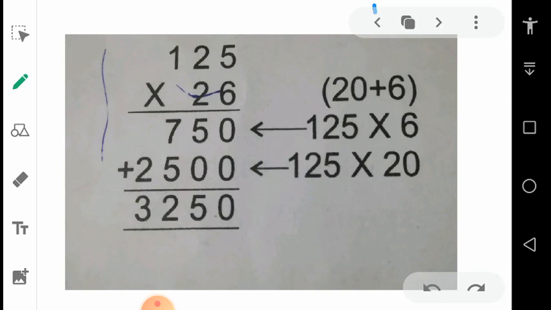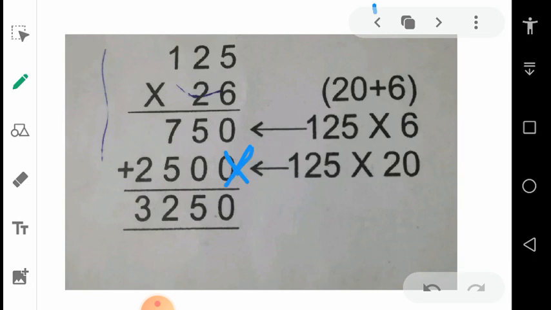If you have the practice of multiplication and addition, students, you can write the answer directly. Sometimes as we multiply a number by 2, it means we are doubling that number. Okay, so just make the double of 125, that is 250. Now to write the next line in multiplication, first at the ones position there should be 0 as in the blue circle. So if we multiply 2 with 125, just put 0 or you can put a cross also.